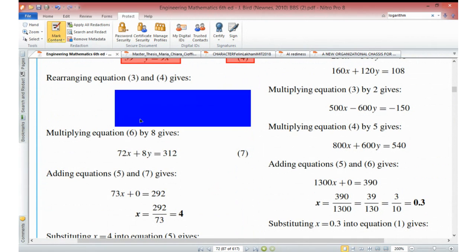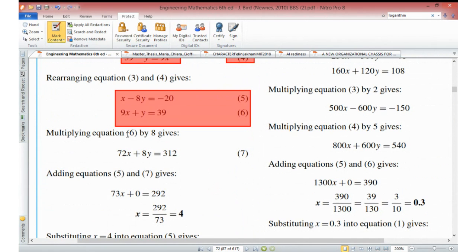So we say you balance first, balance the equation. You are looking at getting rid of y. If you're looking at getting rid of y, look at equation 5 and look at equation 6. If you want to get rid of y, then